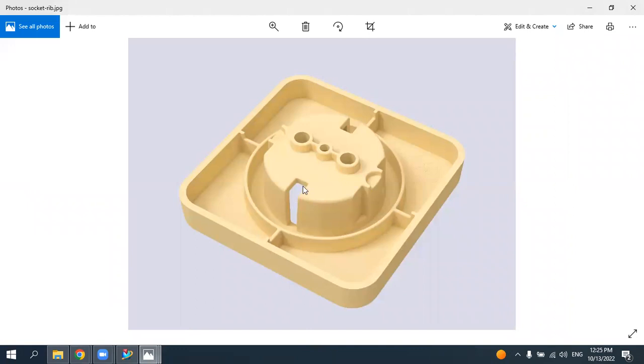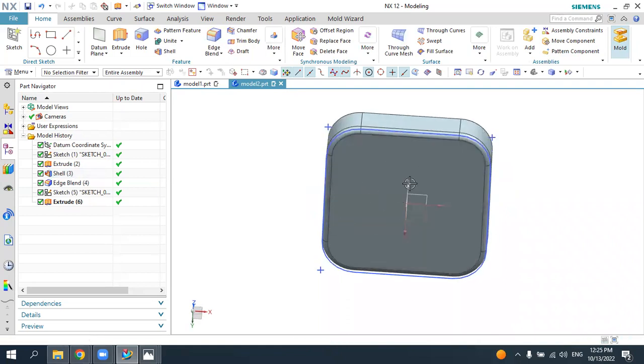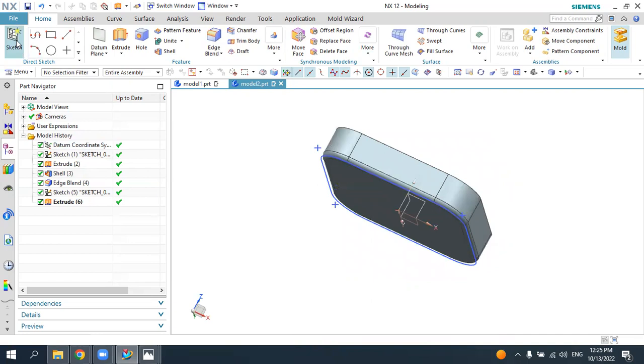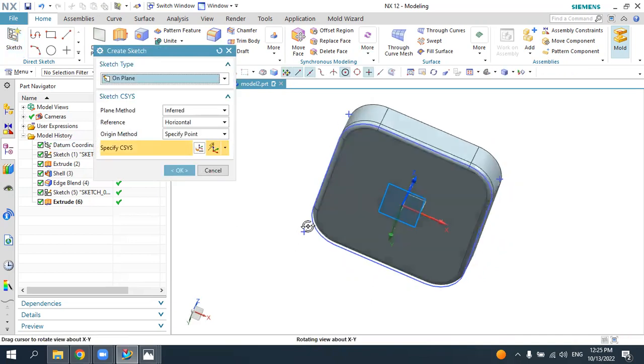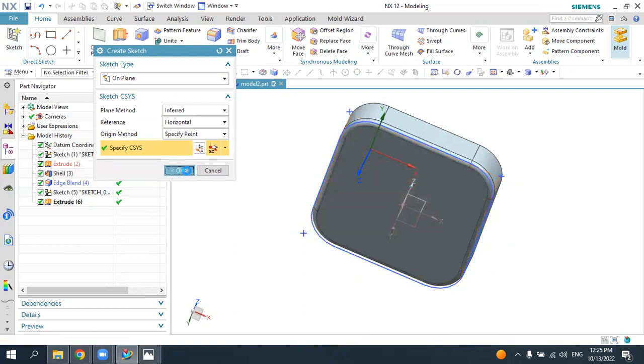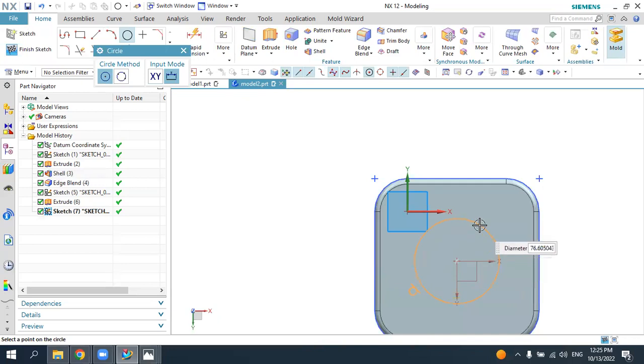This element here, you see that the lower part is hollow, is the open element. We need to make the hollow element. So in this case, we will sketch firstly the circle. Now in the lower faces, you can sketch again. Now you select this face. In this case, this face. Just press OK and draw the circle again, and